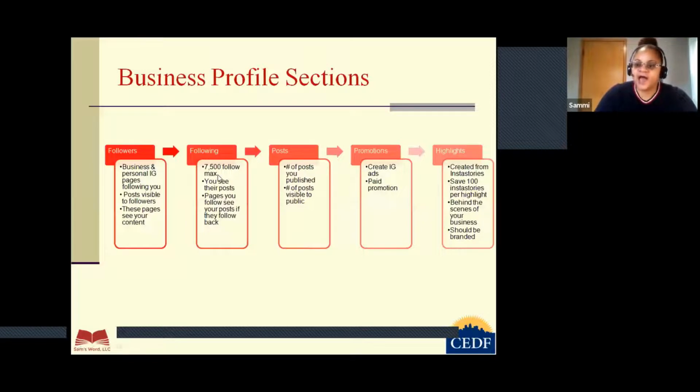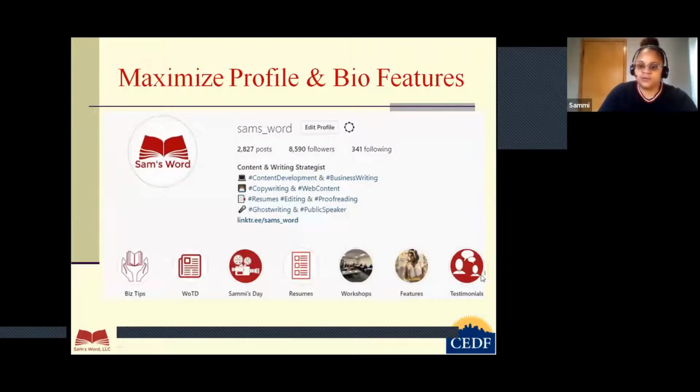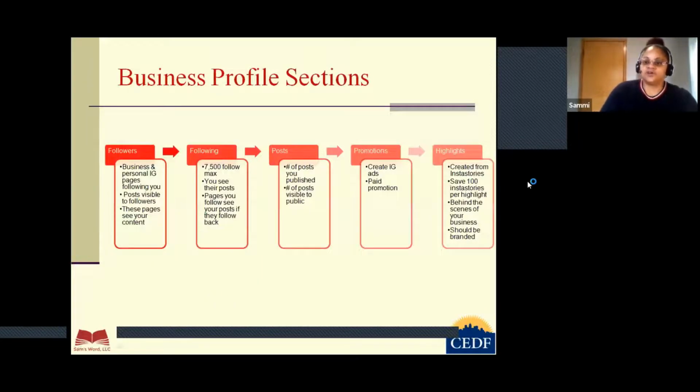And then finally, we have the highlights. So the highlights, if I go back, these are your highlight bubbles. And again, these come from your Instagram stories. So we're going to cover this a little later too, but first you put a post into your Insta story, and then you save it as a highlight, and that's how you get your highlights. So they're created from your Insta stories, and you can save at most 100 Insta stories per